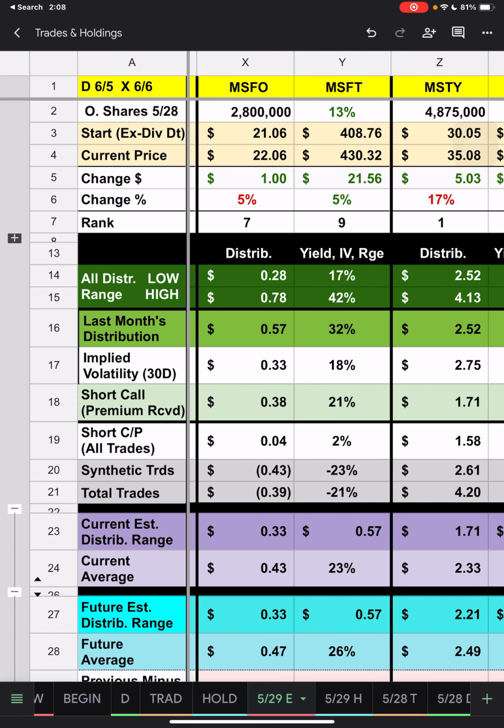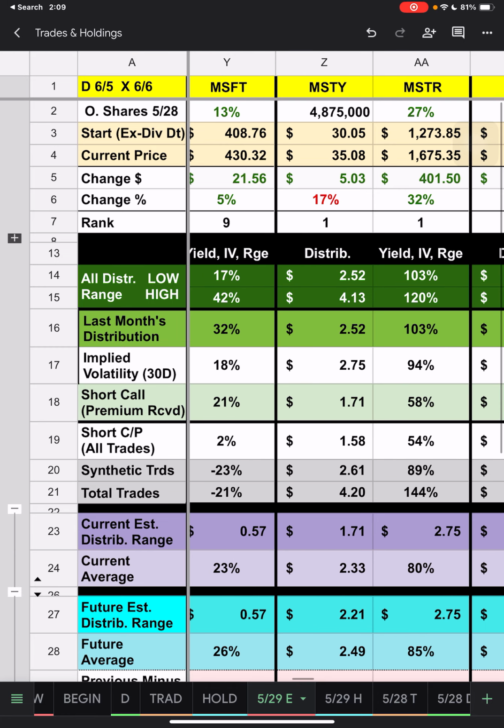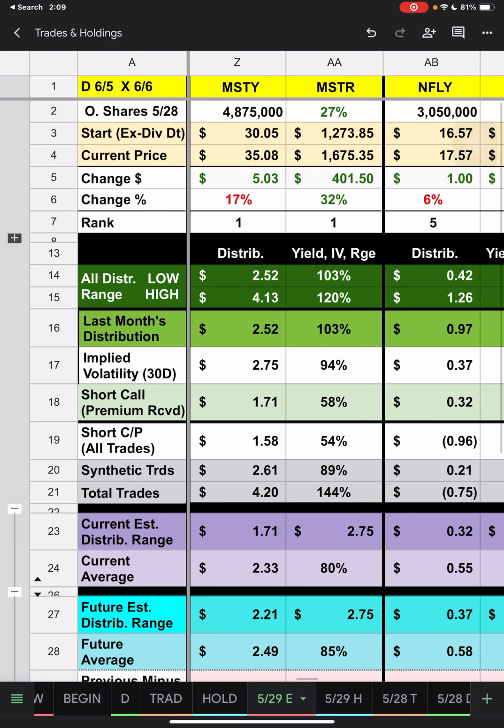MSFO, range of 33 to 57 and an average of 47. Yesterday we had 29 to 57 with an average of 47. So Misty, we have a range of 221 to 275 today, with an average of 249. Now this one, because it is a larger number than the rest of those, is significantly different than yesterday. Yesterday we had 252 to 265.